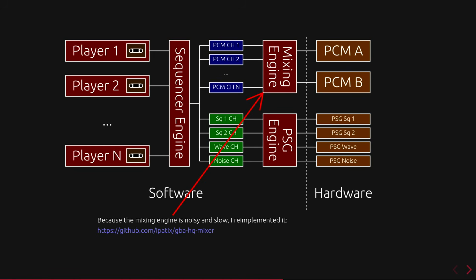Also because I'm from the ROM hacking scene, I essentially realized this mixing engine kind of sucks. It's very noisy and it's slow. The developers would have to bite one bullet: either you'd have a low sample rate, or your game would lag when you use a high sample rate. And most of the time you wouldn't want your game to lag. So what I did is I wrote a re-implementation of that, and I also briefly discussed this in my last year's talk here at Winter ICMP, so maybe you want to check that out. Okay,